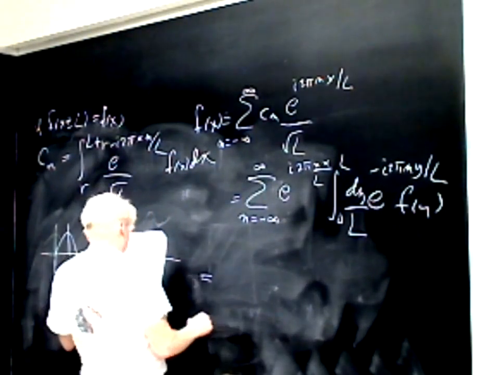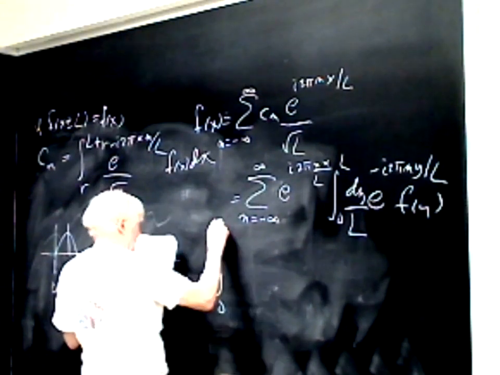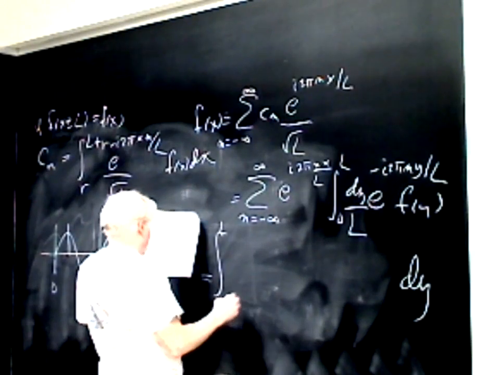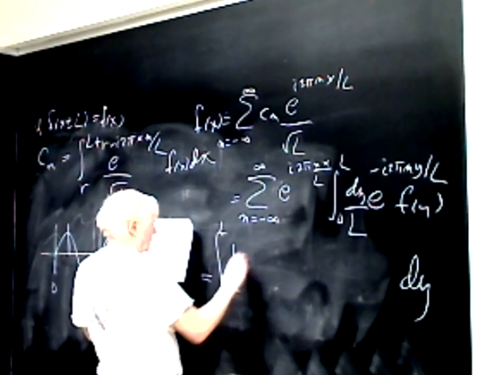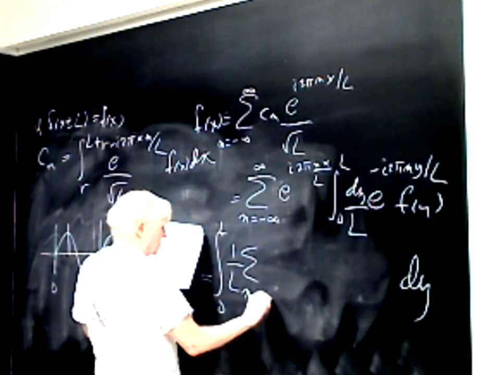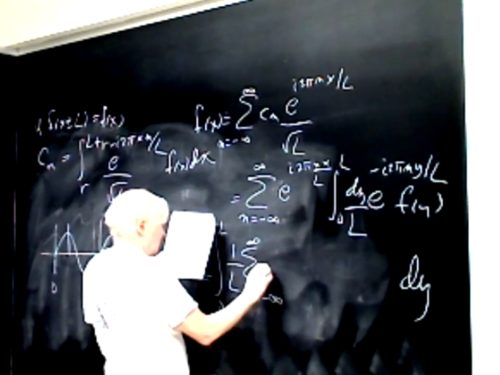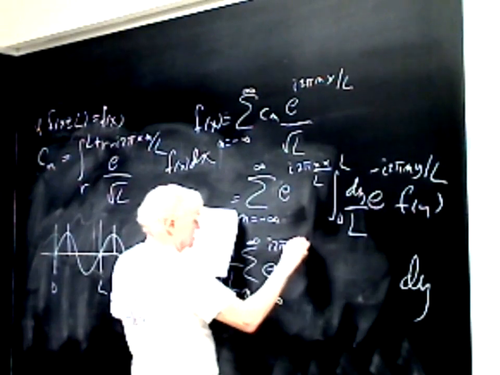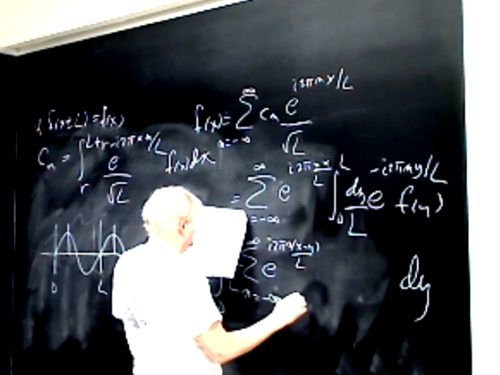And we can rewrite that as an integral 0 to L, here, I'll write the dy over there, and then 1 over L sum n equals minus infinity to plus infinity e to the i 2 pi n times x minus y over L